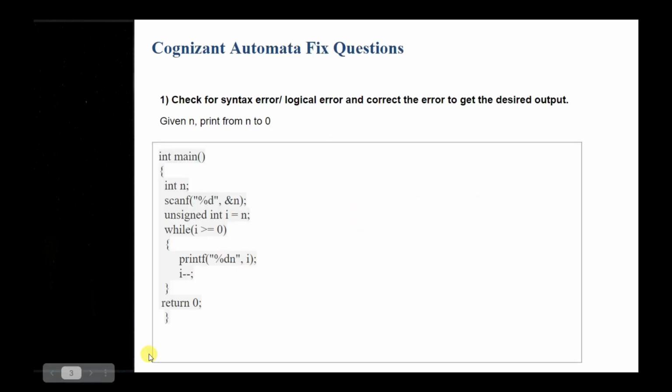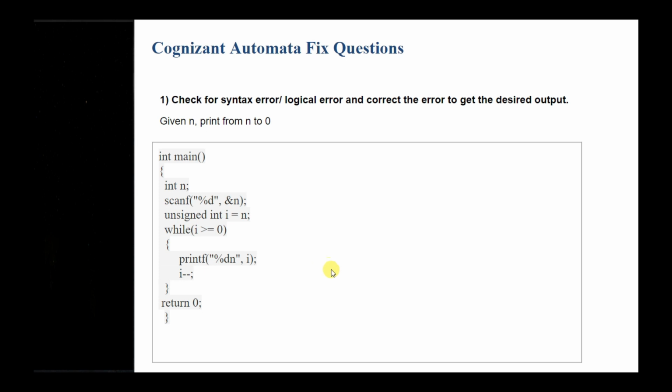When we assign i equals n and keep doing i minus minus, this i will never go below 0. It will not go to -1, -2 or -3. So this condition will always be true; it will never be false. Whenever you keep decrementing, at the last step the value of i will be 0 and it will not go beyond 0, because the variable here is an unsigned integer. Its value will always be 0, 1, 2, 3 and so on. That's why it never comes to the end of this loop.